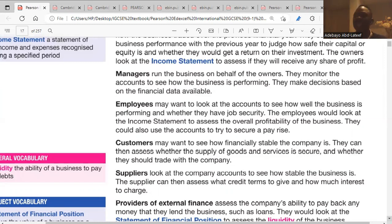So you could tell the organization or the management that, for the last 2-3 years, the company is making so much profit. And for the last 2-3 years, my salary has not been increased. I need a pay rise. So an employee would monitor the financial statement of the business to make a case for himself or herself about a pay rise. Do you understand, employees? Okay. The fourth one,